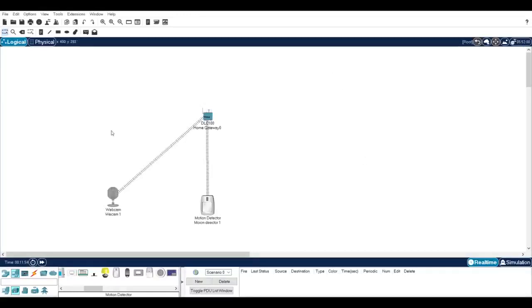So as you see here, wireless communication line is been made. We have to do same with the motion detector.